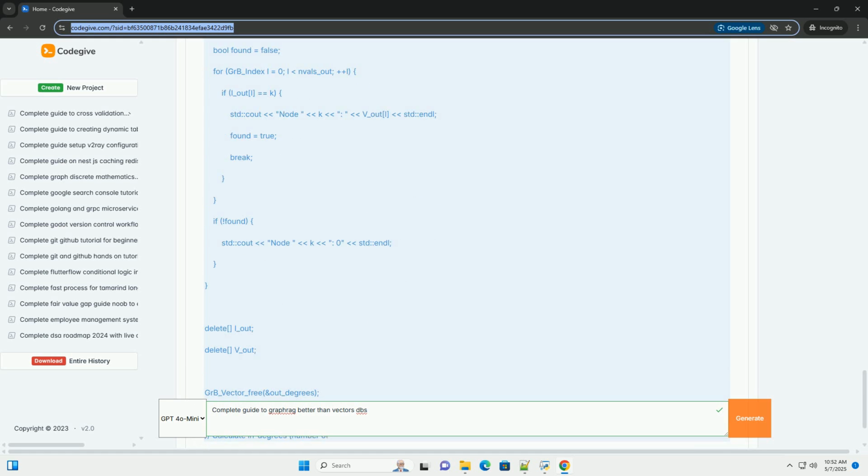The choice between GraphBLAS and vector databases depends on the specific requirements of your application. If your data is inherently graph-structured and you need to perform complex graph algorithms, GraphBLAS offers significant advantages in terms of performance and scalability. If your data is high-dimensional and you need to perform similarity searches, vector databases are a